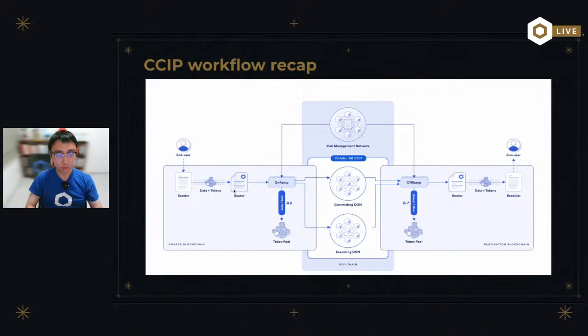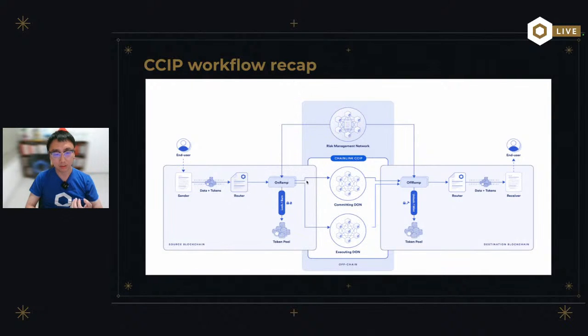The router smart contract will get which blockchain you want this message to be sent to, which receiver smart contract you want this transaction to be executed on, and what data you want to be fetched by the receiver smart contract. The router will find the right direction and save this data into the on-ramp smart contract. After the on-ramp smart contract gets the data, it will emit an